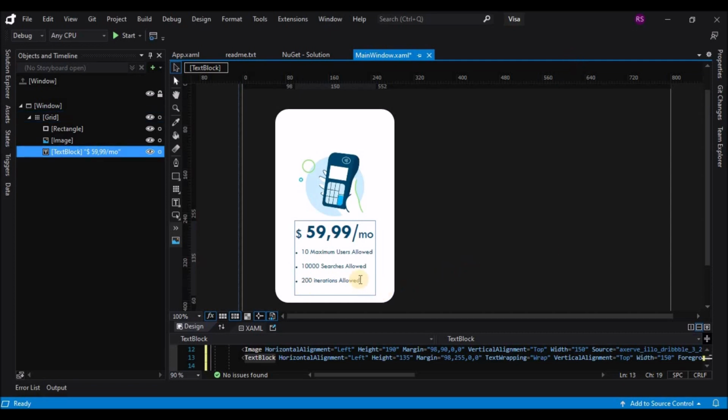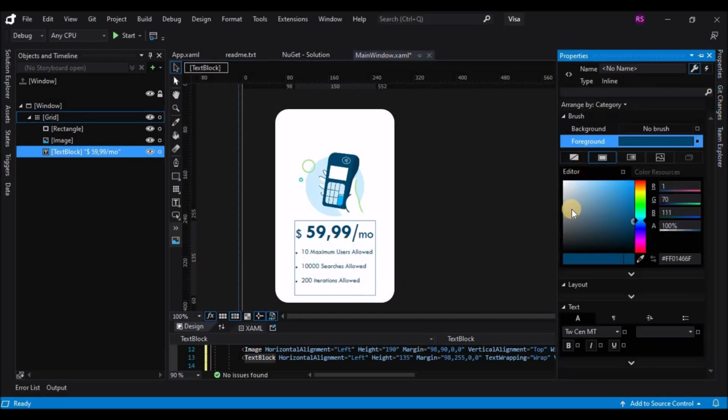Okay, so I think we are done. Let's change the foreground color to say black.